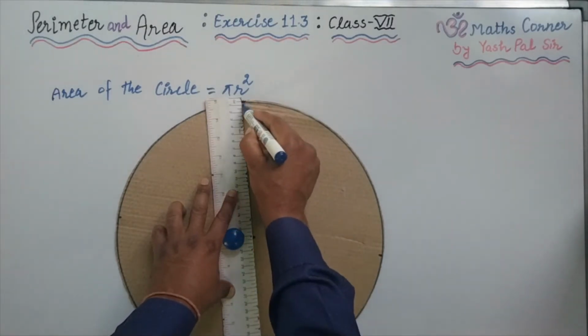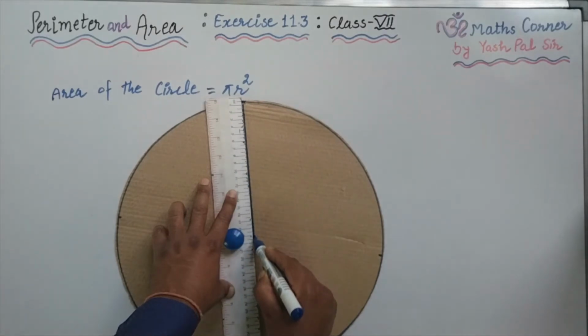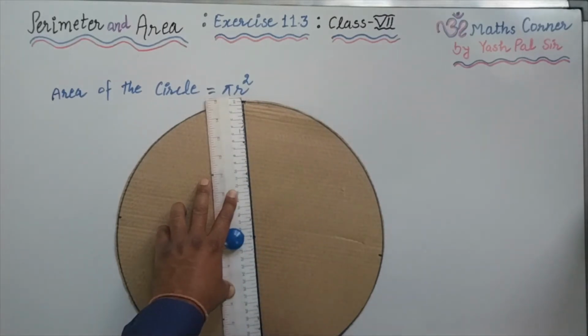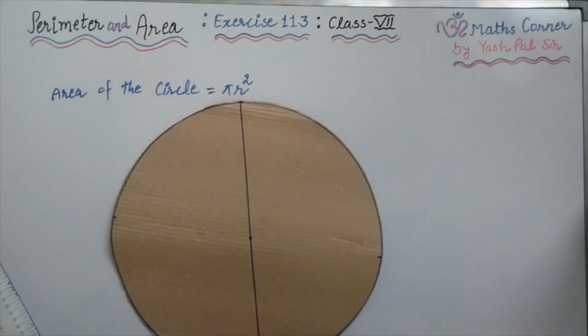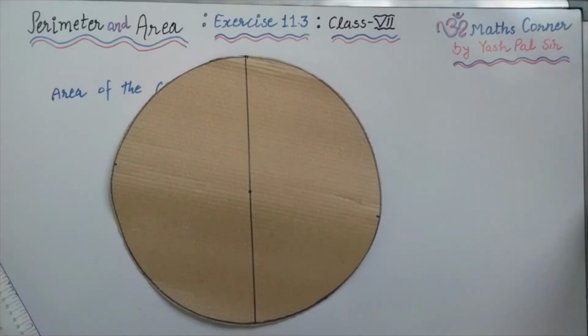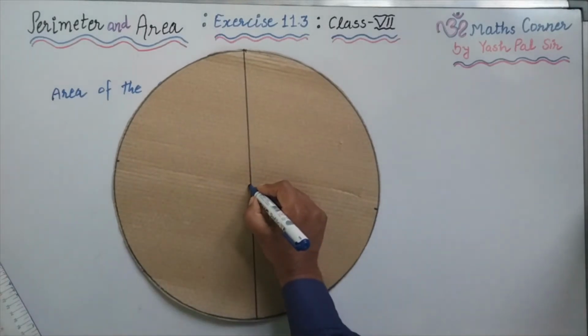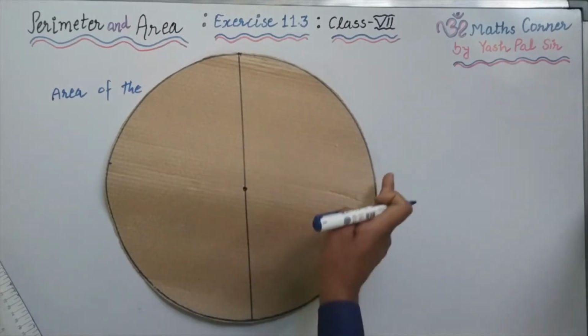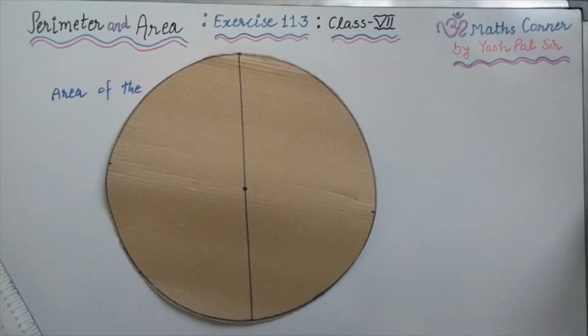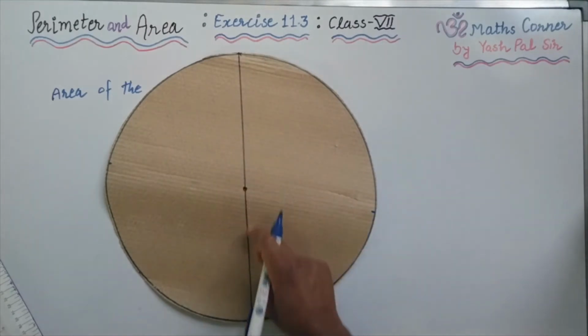This is the center of the circle, and from circumference to center and extending this line further. Okay, so this line I have constructed is the diameter of the circle. This line is called diameter of the circle, which passes through the center of the circle. How many diameters we can draw? Infinite diameters, because from here, anywhere. We don't know how many diameters we can draw, so we can say infinite diameters we can draw.